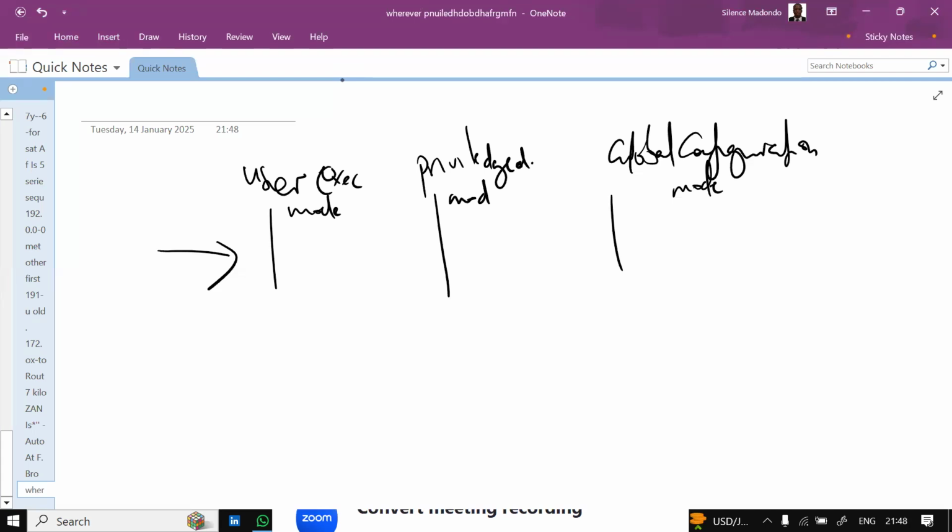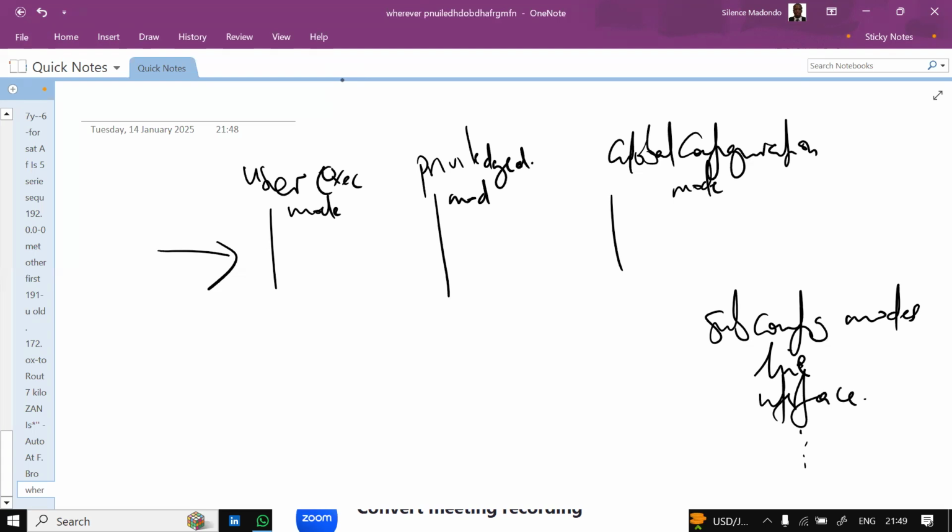Tinemanga ma modes, atinoti ma sub config modes. All right, line. We have also interface. Right. My modes are, it's like, I always say, it's like